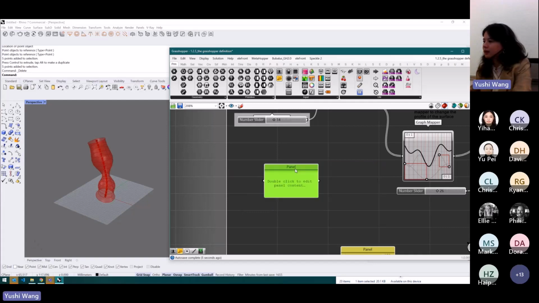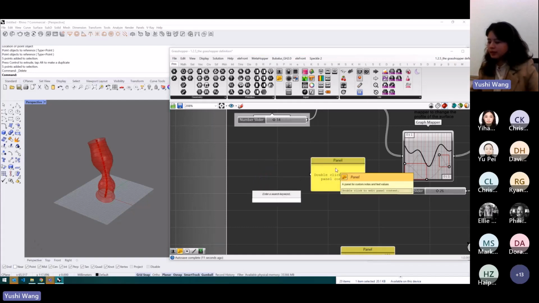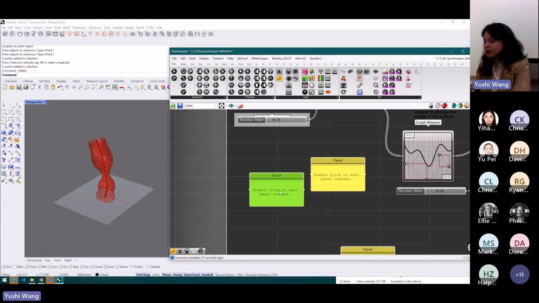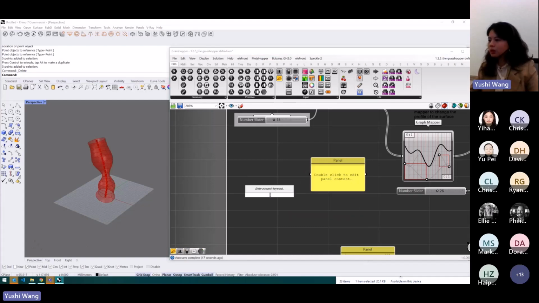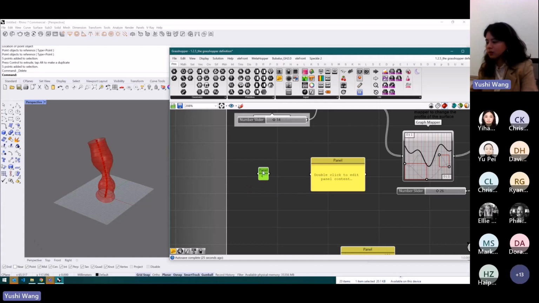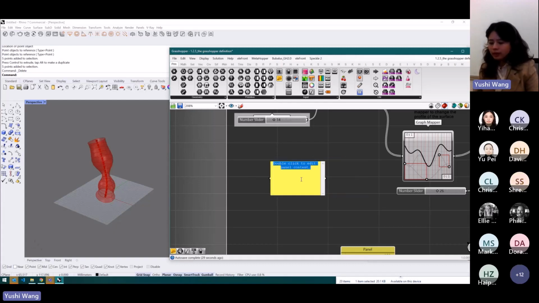And next, we already mentioned the panel before. The way we enter the panel data is we could drag a panel over there and enter the data inside of it. Or we could quickly start by using a quotation mark, then enter the data after that. It will jump out a panel with numbers. So if we enter data like this,